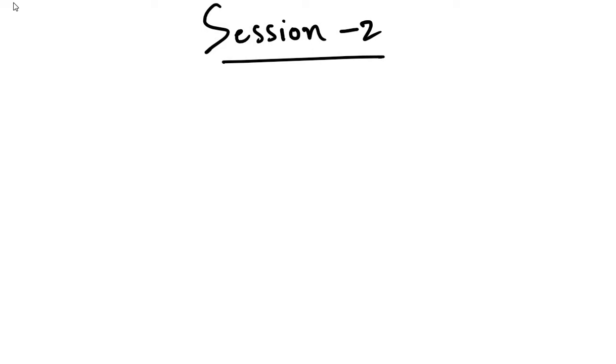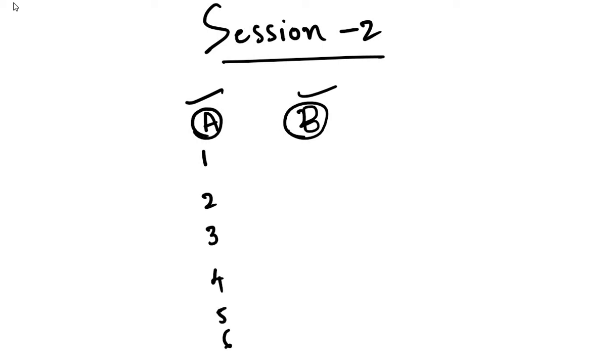Let's assume this is die 1 and this is die 2. Let's call the first die A and the second die B. If they are rolled together, the possible outcomes are these, the possible outcomes of the individual dice. When both are rolled, the sample space is like this: